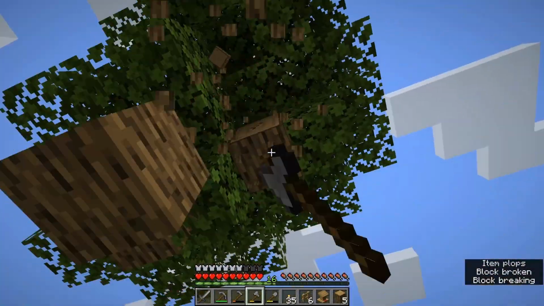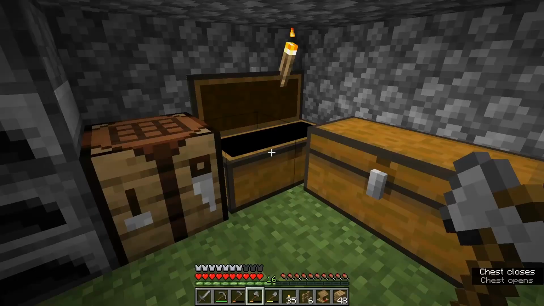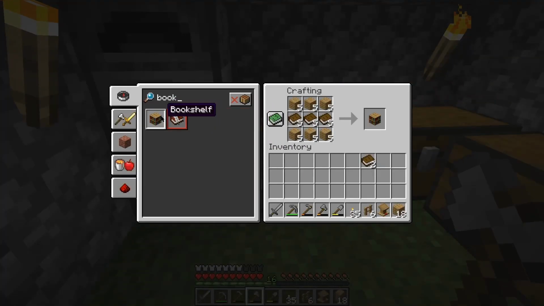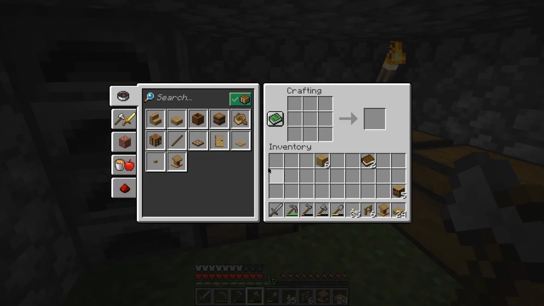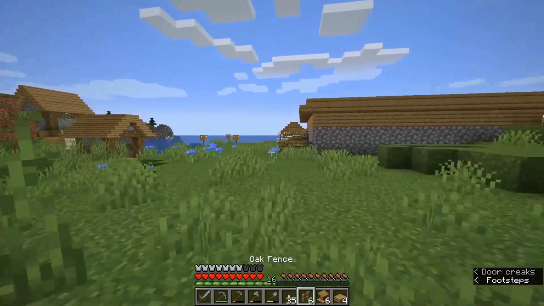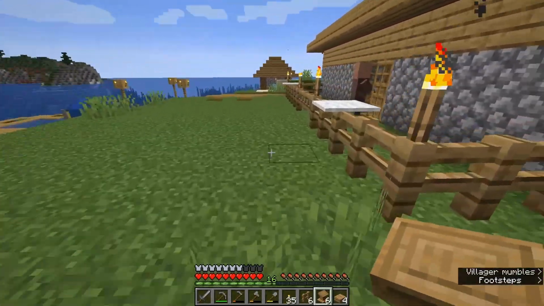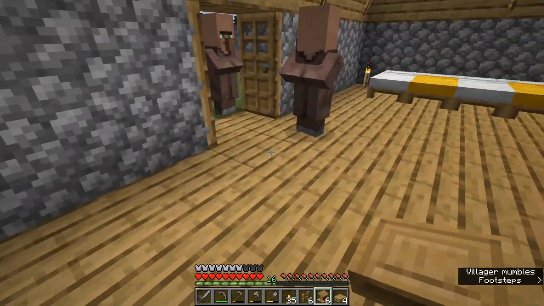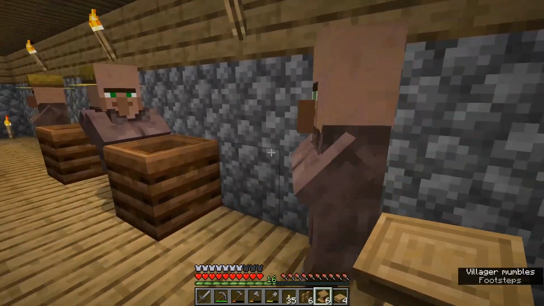And now let's take our books that we found in the shipwreck and our wooden planks and build some bookshelves. So we have 5 for now. We need some wooden slabs to create lecterns, and we have 6 lecterns now. Now let's put some lecterns over here and